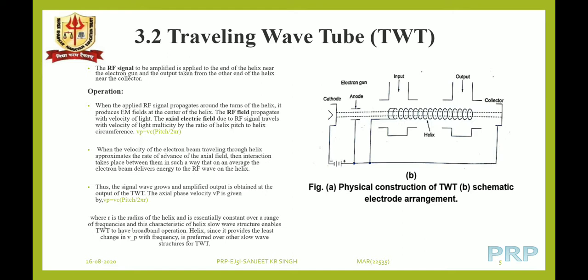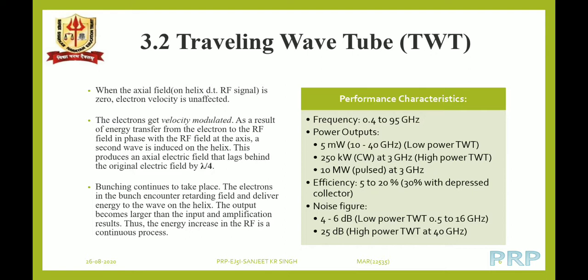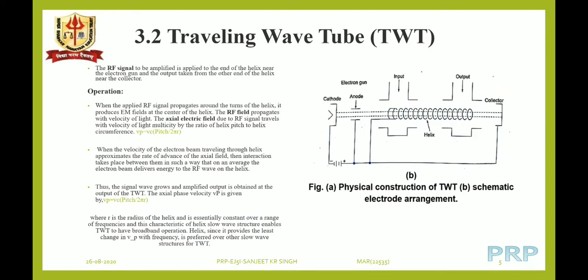The electron beam actually is providing the energy to amplify the signal on the helical path, and the amplified signal is collected by the coaxial cable on the other end of the tube, that is near to the collector, and the remaining electron beam is collected by the collector, which is positively charged. So the positively charged collector is actually also accelerating the electrons radiated from the cathode on the other side of the tube.